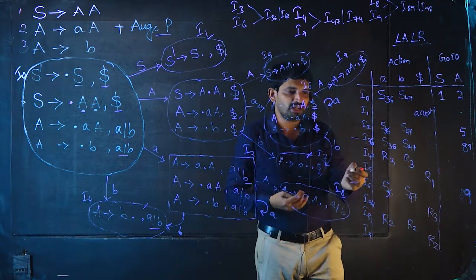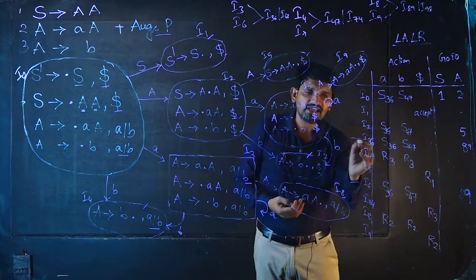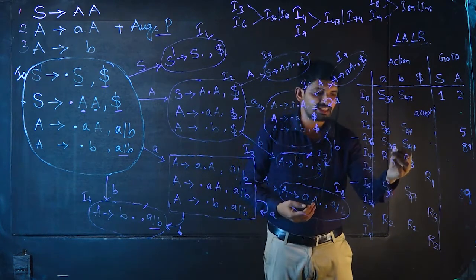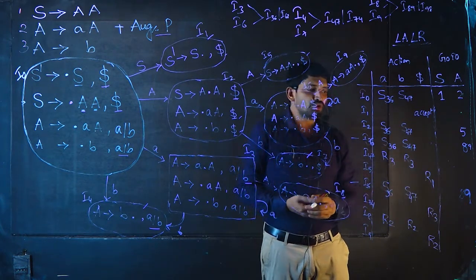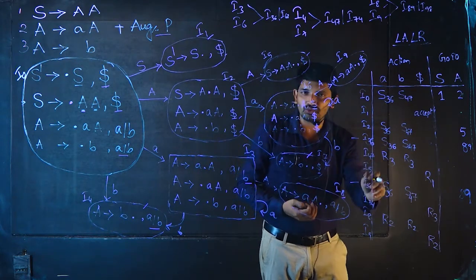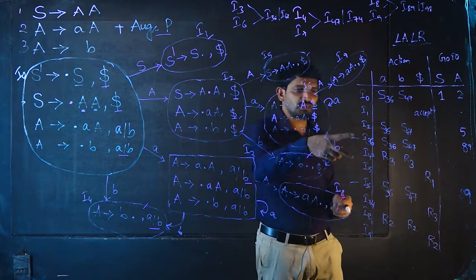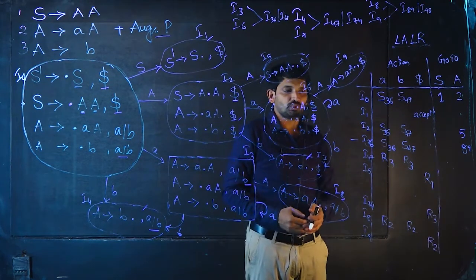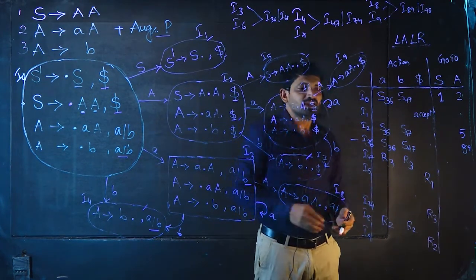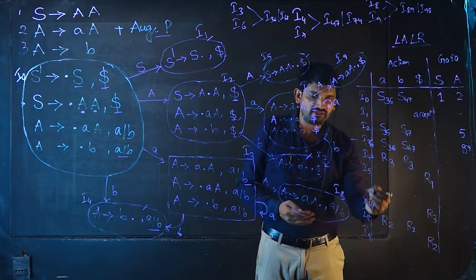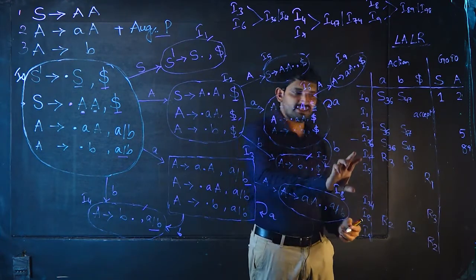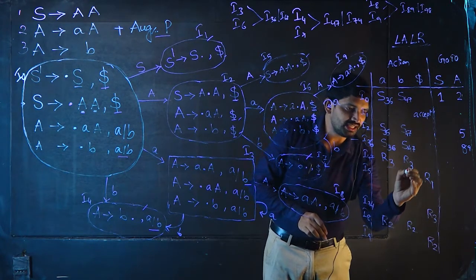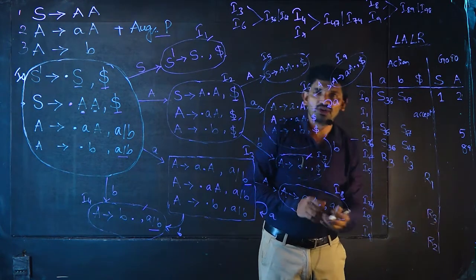Now you can find some duplications. I36, I36 seem to be the same, with the same shift operations here. So no need to keep these two lines. Instead of keeping the same duplicate lines, remove one line. So I remove one line. Now come to the next one, I47 and I74. You can see here I47 and I74. This is R3, R3, here also R3.